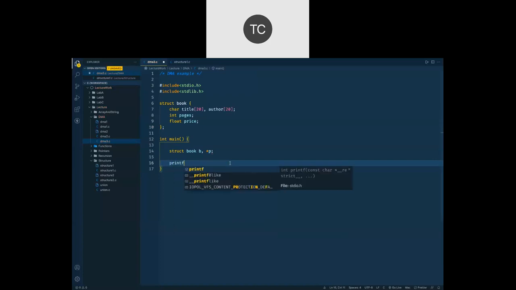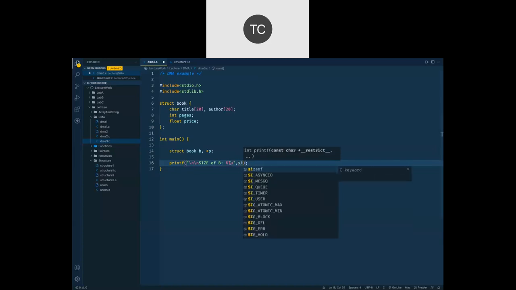Let us see what the allocated memory is, the size of B and the size of P, both. So we are going to print that size here. Size of B, I'm going to print here with percentage long unsigned.